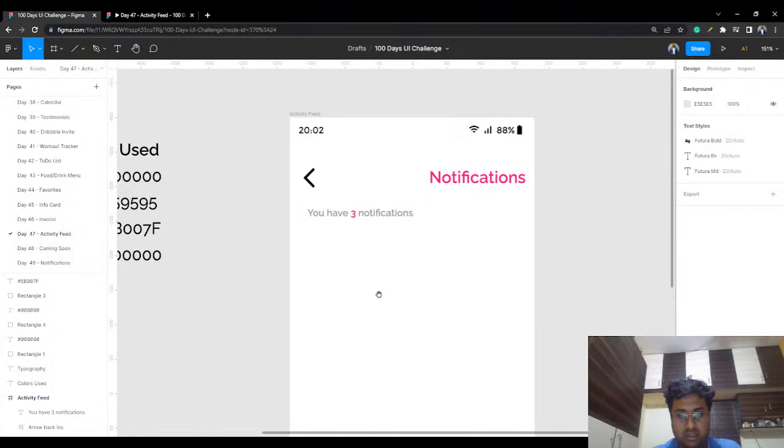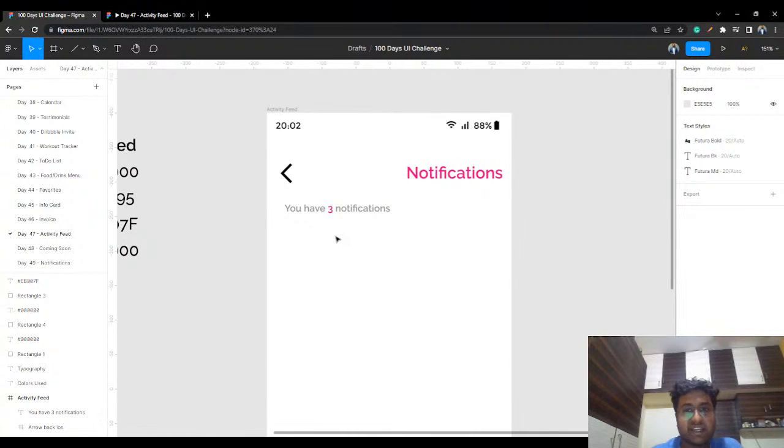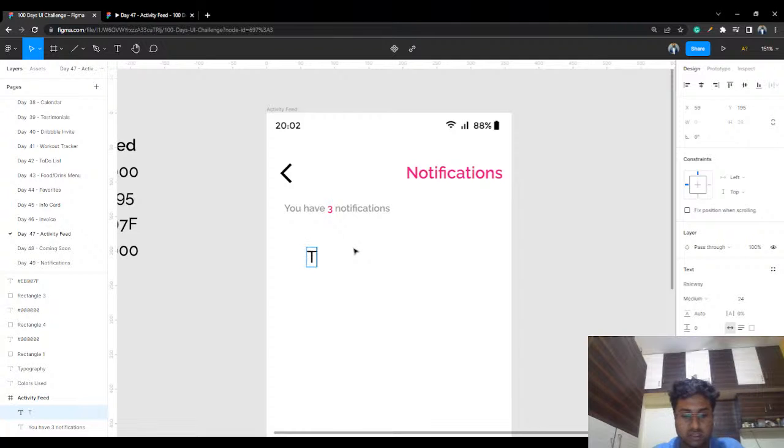So you have 3 notifications being displayed here. Then what are the other bifurcations we have? First is the notification: you have how many notifications you have. The next thing will be, when did the notification come? Do you have the notification today, tomorrow, day after? So this is for today, or you can have it on the date. So today's date is